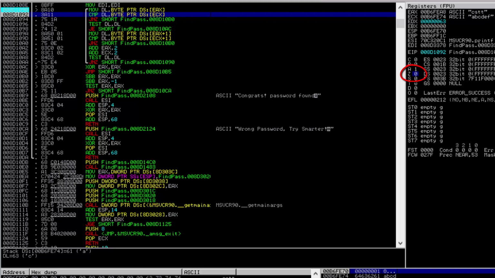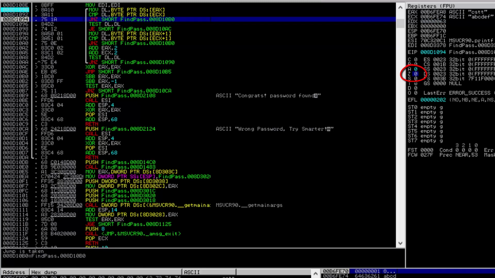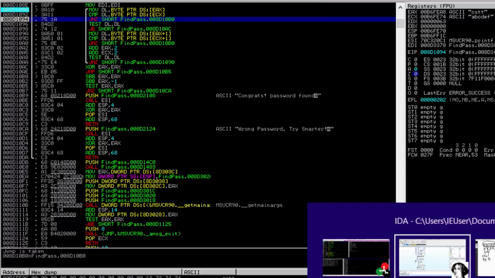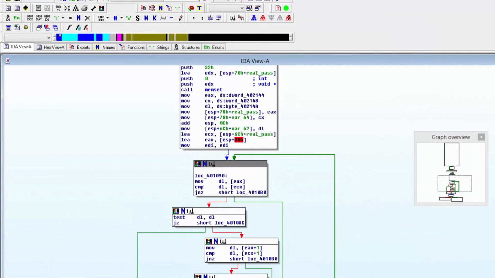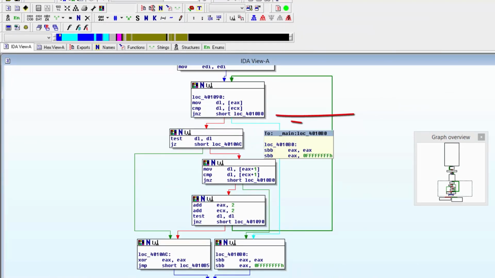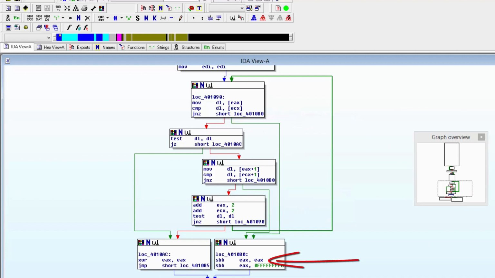Since they are not equal, the flag is not set, and then jump not set or not equal is going to be taken. You can see here it says jump is taken. Come back to the IDA. It's going to say, hey guys, if this is not the same, jump here, which is basically getting out of the loop,